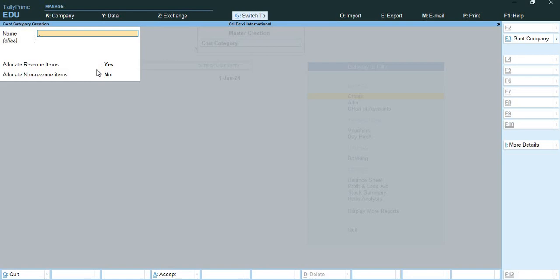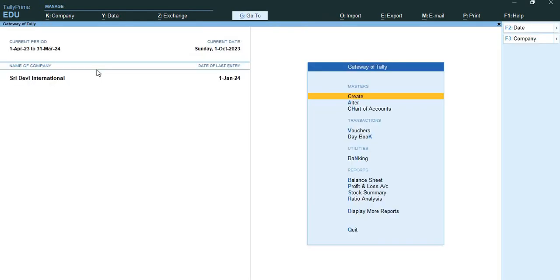Alright, go back. Now what we are going to do now, they have given me two questions. As on 31st October 2023, Shri Devi International conducted a sales event in Delhi and has spent 3 lakh. Track this expense and allocate to the Delhi branch as 3 lakh and the same amount needs to be allocated to sales team. So what I need to do now,